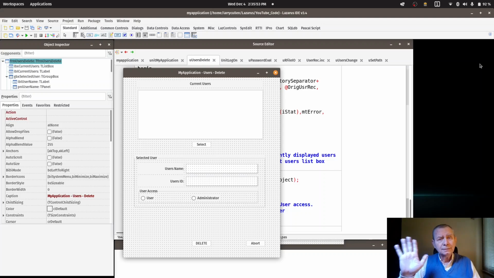Well, hello, and welcome to part 17 of developing a graphical user interface using Lazarus and Free Pascal. Today we're going to continue on with the functionality of login and creating, adding, deleting users and administrators on our application. Now we've already